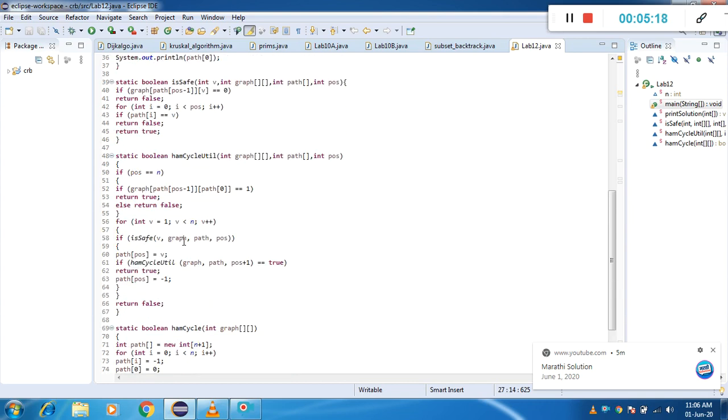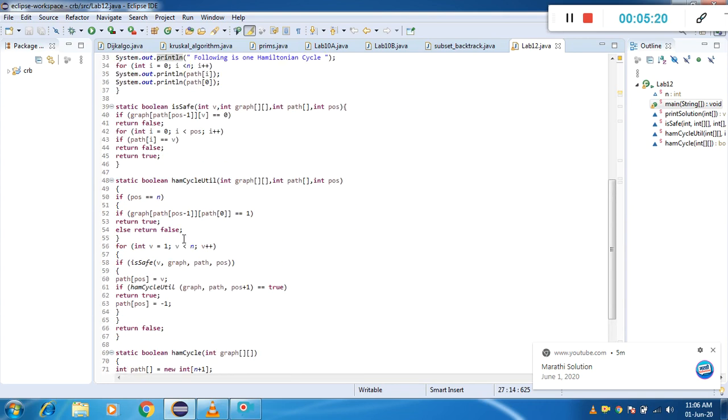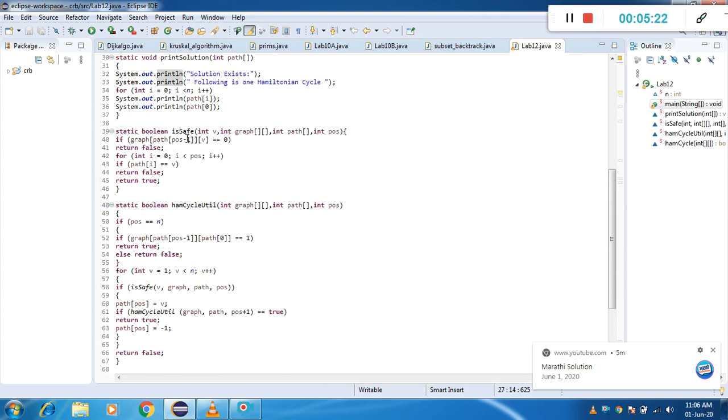Then the next one is to check whether the path is safe or not, that is isSafe with integer vertex, graph, integer path and integer position. If graph[path[position - 1]][v] is equal to 0, then return false, otherwise for int i = 0, i < position, i++, if path[i] is equal to v, then return false, otherwise return true.